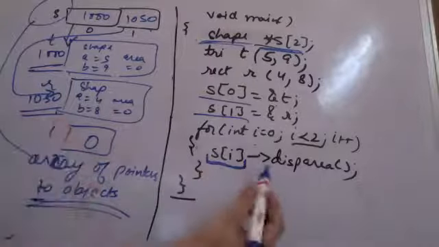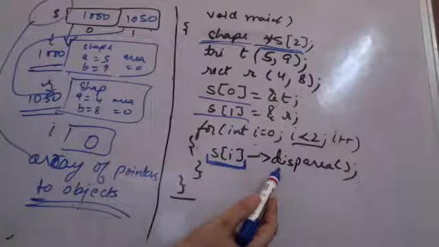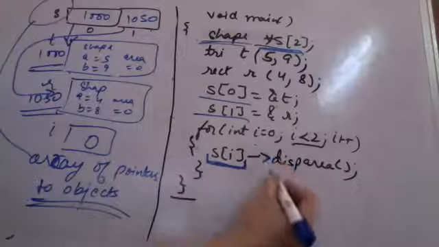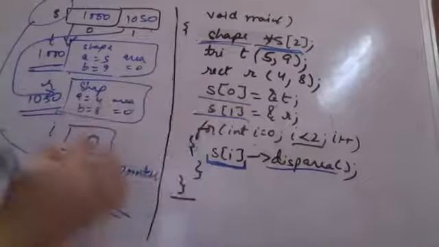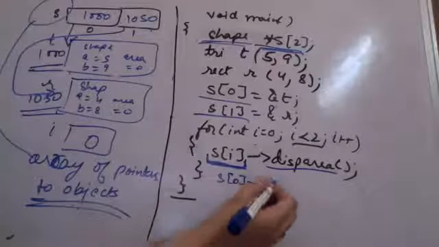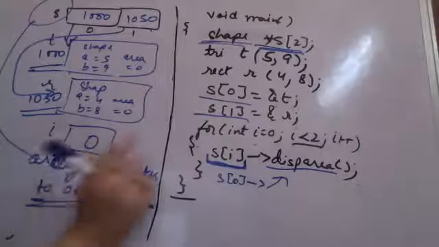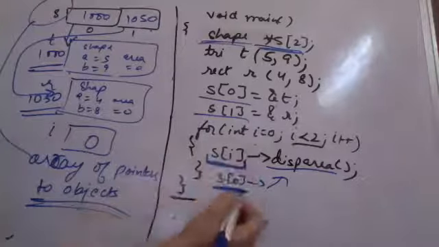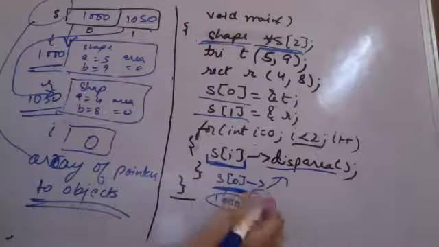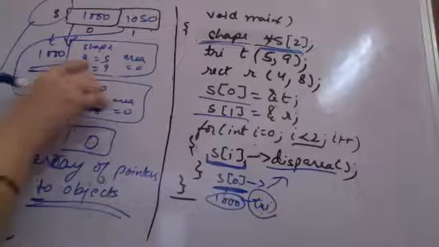Now, अब आप display area, generally from the object of the base class, you can only use the function members of the base class. But using the virtual function, जब आप यहाँ पे display area call करोगे, अब जब I is equal to 0 के लिए S of I, S of 0 dot display area कॉल होगा, तो क्या होगा? सबसे पहले शेप में जाएगा. शेप का डिस्प्ले एरिया पता चला वर्चुअल है. S of 0 जिसको पॉइंट कर रहा है which is currently 1000 which is of type T ट्रायंगल क्लास का, तो ट्रायंगल क्लास में जाएगा। सेम ऑब्जेक्ट के लिए 1000 के ऑब्जेक्ट के लिए वैल्यूज A और B की 5